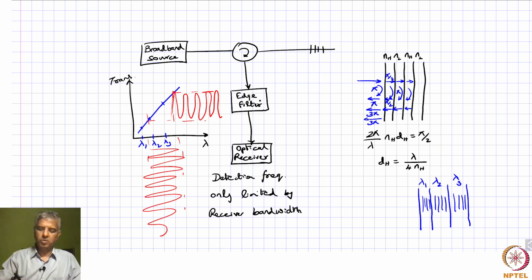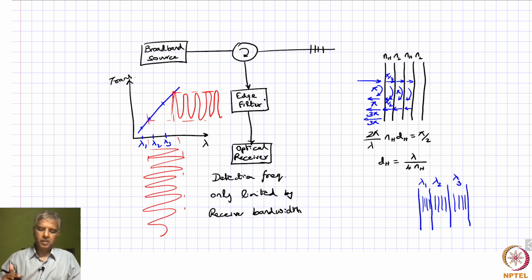Once you are able to make this filter coating, you make it on a large substrate, so you can dice it up and get several filters like this. So the cost of this could be relatively small compared to some of the other things that we looked at previously. However, it does have a